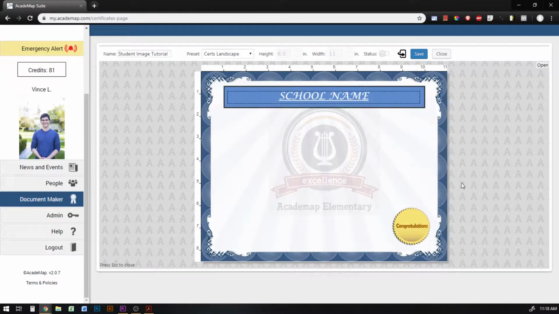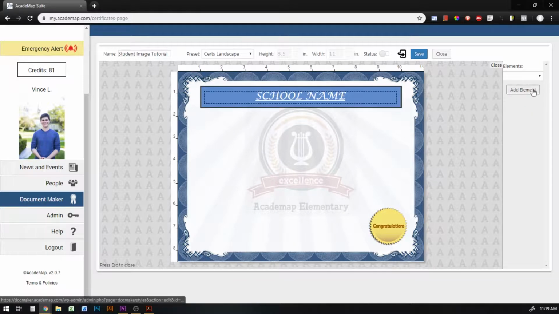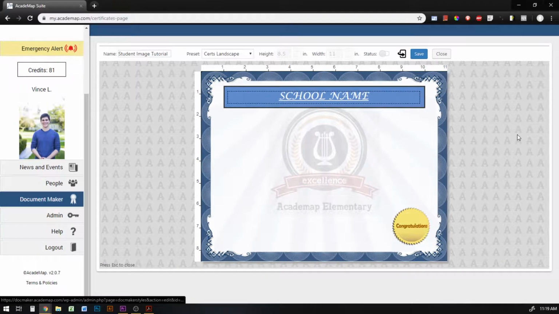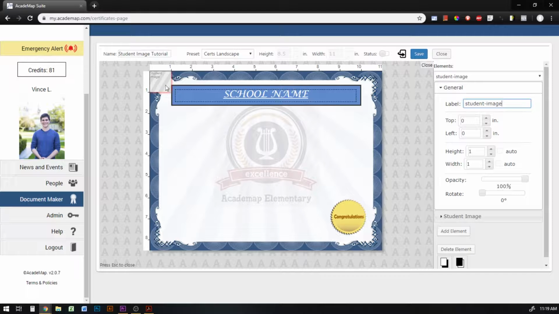In this tutorial, I'm going to show you how to add the student image element. I'm going to click Open, Add Element, and then click Student Image. This pulls the image from the person's profile or the individual's profiles that you have selected when you go to